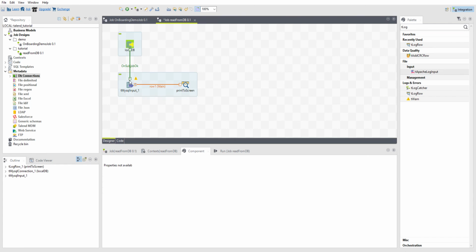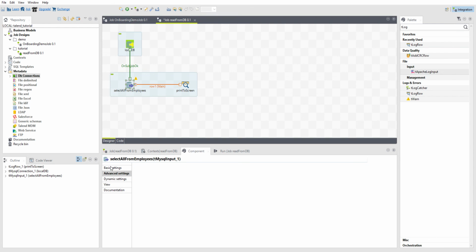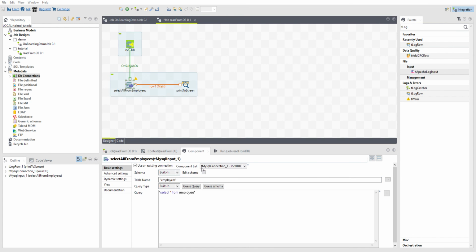I'm going to do this. And I'll have to edit the schema. This is important, so I'll make a separate video of this. So I'm going to go ahead and stop and